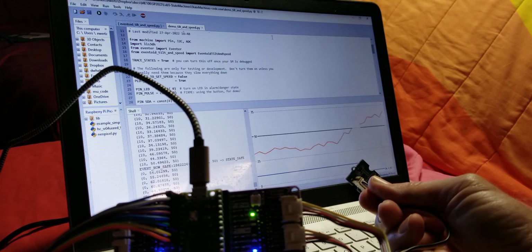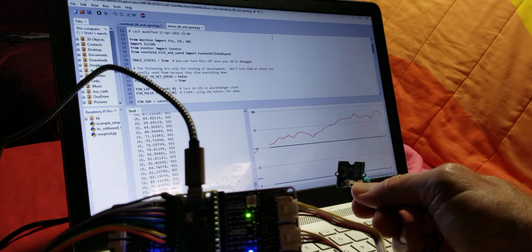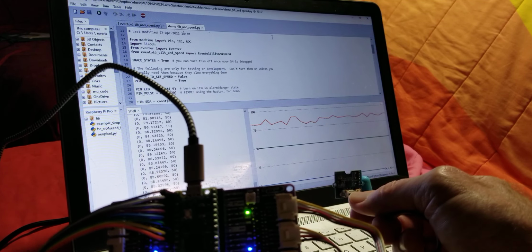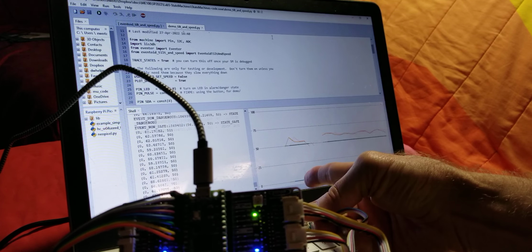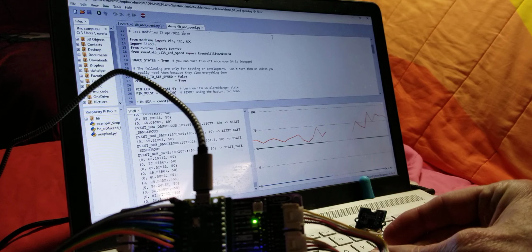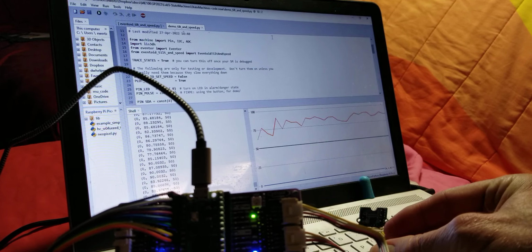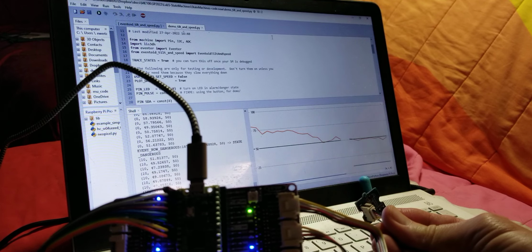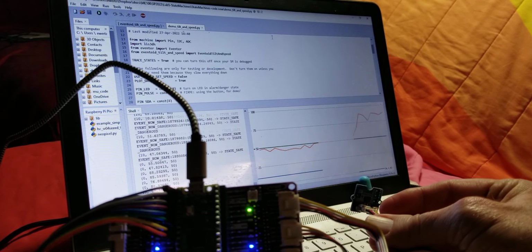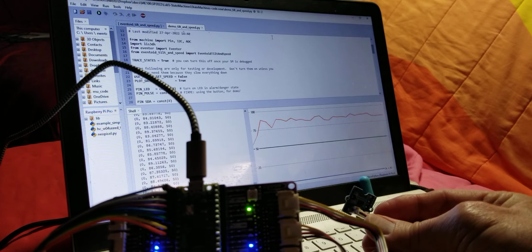As I bring the tilt back up again, I'm back in a safe operating condition. So the blue line moves up and down from safe to unsafe. So it's actually plotting the state along with the two parameters of tilt and speed. So you can see it jump up when it's unsafe, and the bottom one goes back down when it's safe,